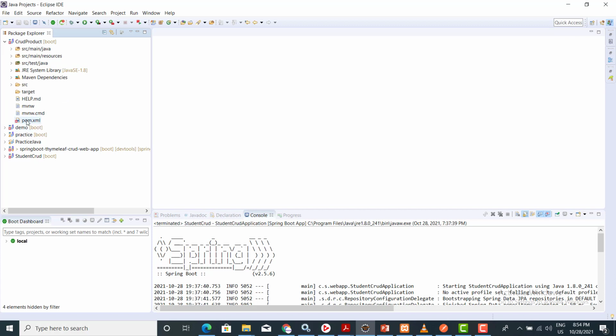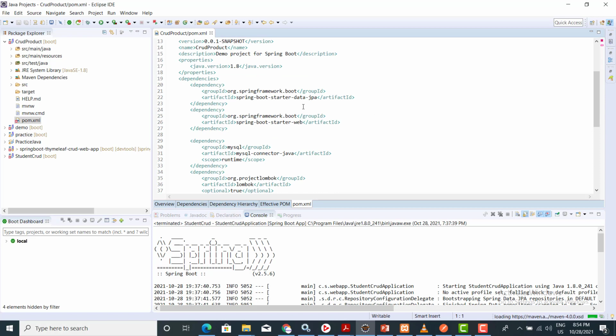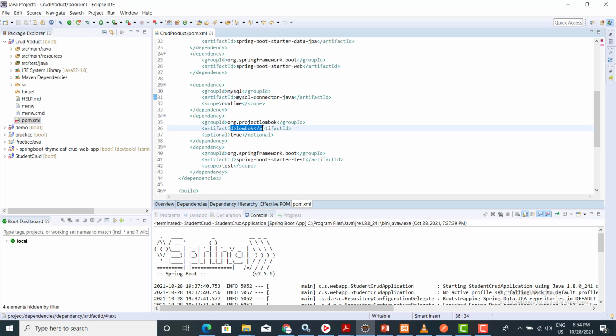In the pom.xml file, we get all the dependencies which we have added. You will find that I have added dependencies for Data JPA, Starter Web, the MySQL connector, and Lombok. Later we can add dependencies also.